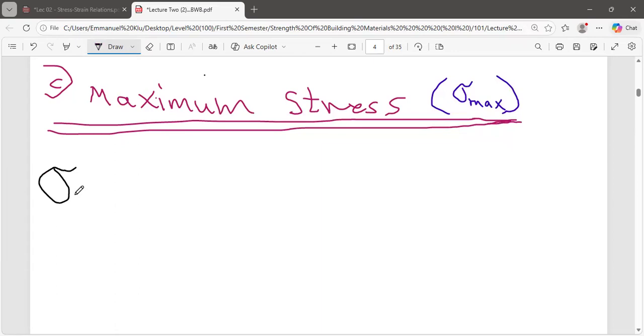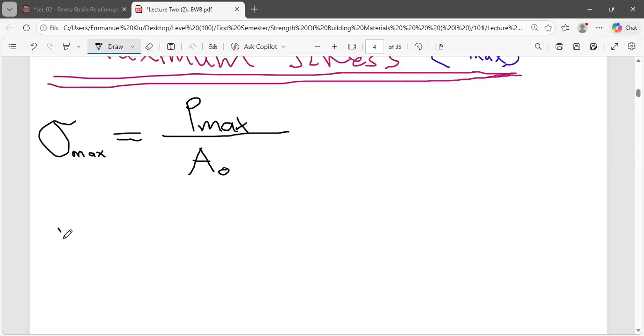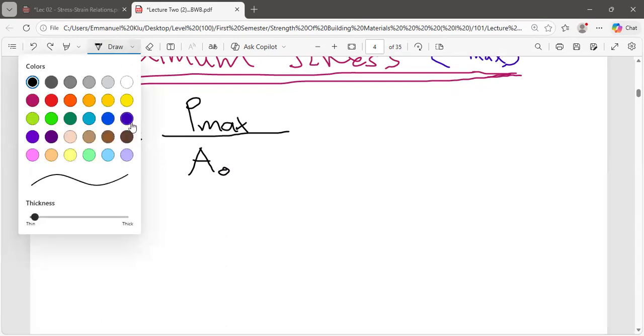So our maximum stress, the symbol being sigma max, is equal to our load, that is the load P at maximum point, all over the area, not just any area, but the original area. I'm being specific. You see what I'm writing? So finally, our maximum stress